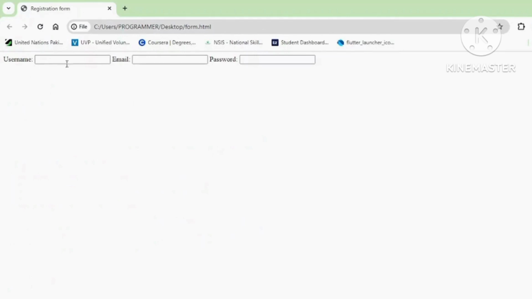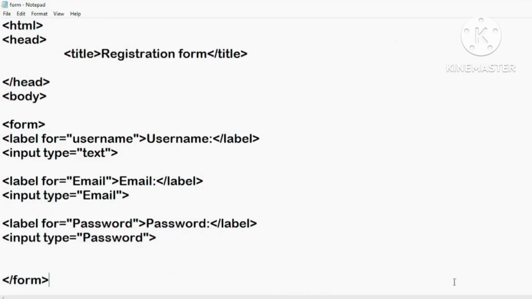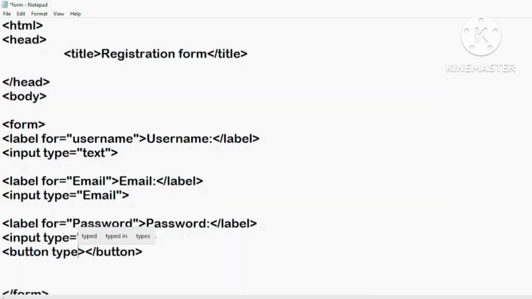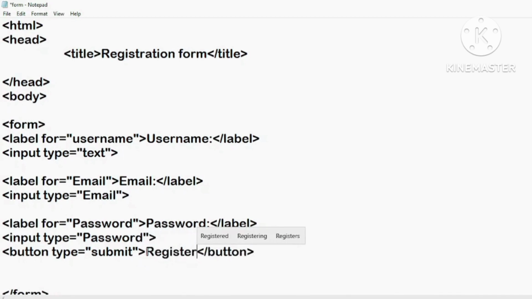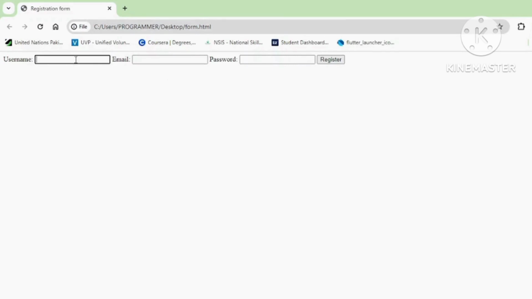It looks pretty good. Now we just have to create a button for our registration form. For that we have to use the button tag, and inside button we also have to mention the type of button. We're gonna set the type of button like submit button. Okay, so we're gonna set the type is submit, and we're gonna text register. Yeah, it looks pretty good. And now come